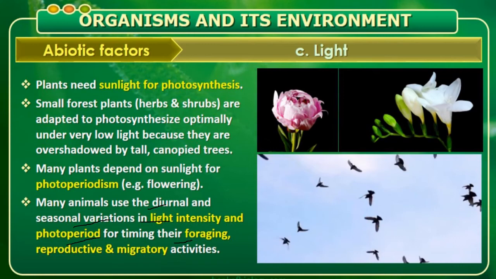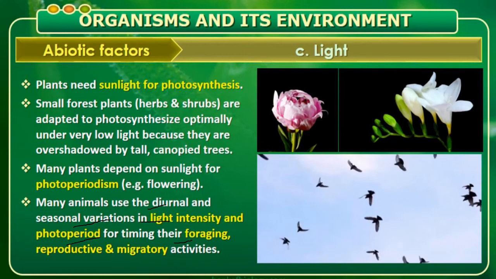A seasonal variation depends upon the light intensity. As I told you, in winter it is cloudy and sunlight is less, whereas in summer the light intensity will be more and the photoperiod will be more. So if this timing is maintained, it helps foraging and also reproductive and migratory